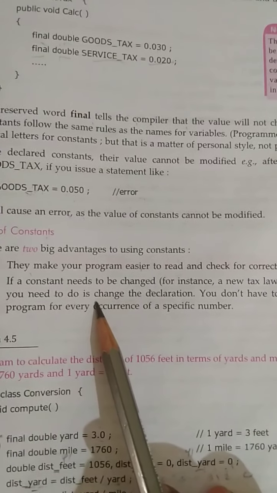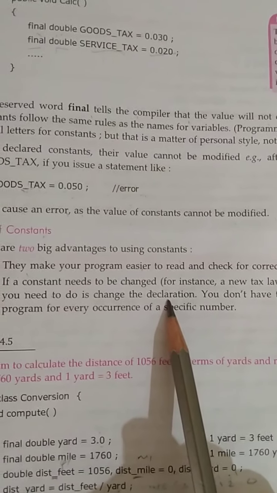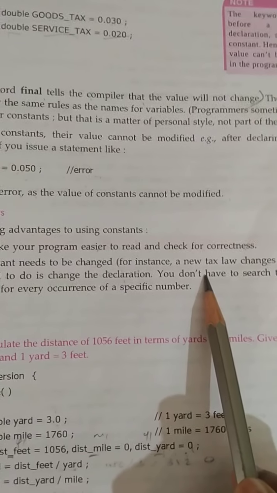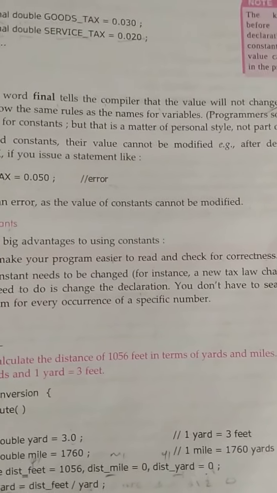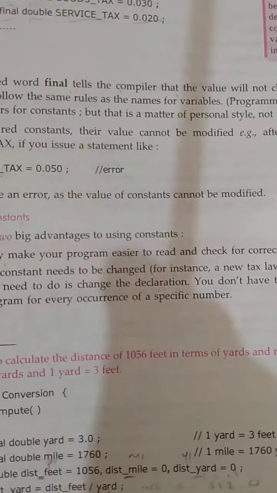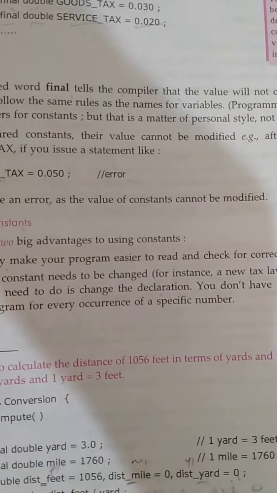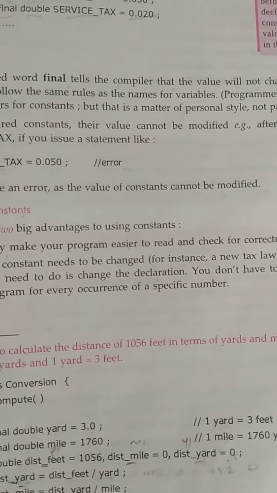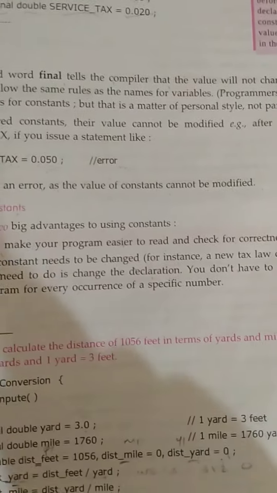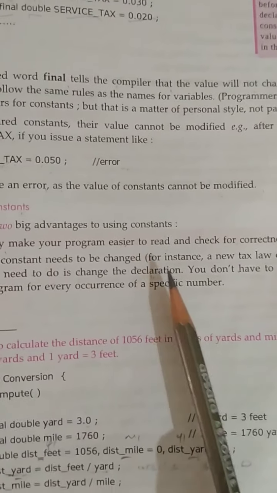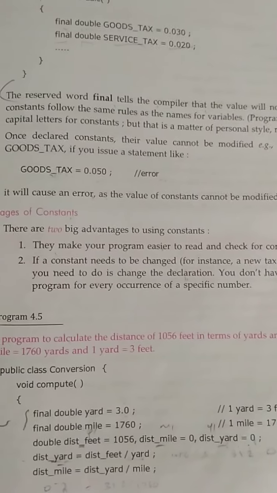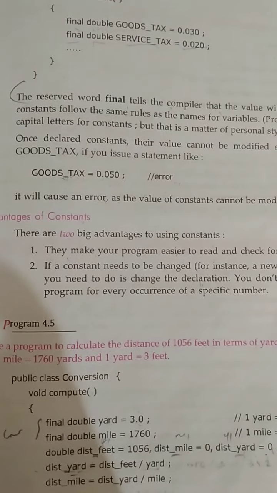You just go to the place where it is declared and make changes in that place only. So automatically the value will be changed in all other places because the value is fixed. Whatever value is changed in the declaration, that is what will be used throughout the program. So you don't need to go to each place and change the value. Only in one place you can make changes so that it will affect the whole program. This is the main advantage of the keyword final, which is used to make a variable constant.